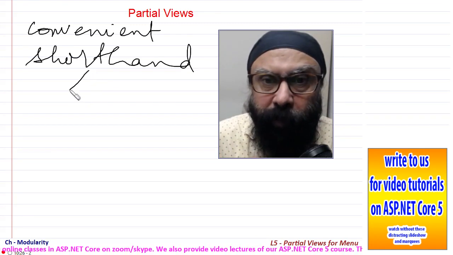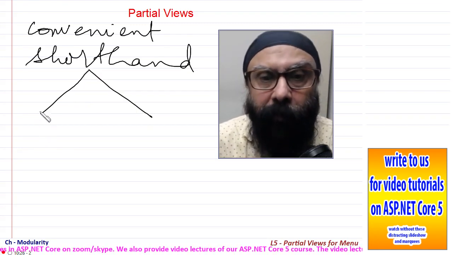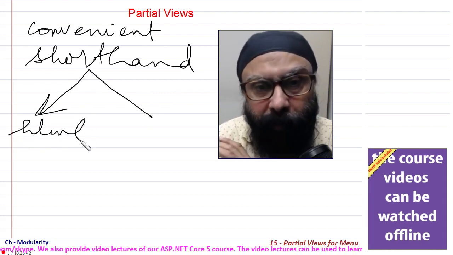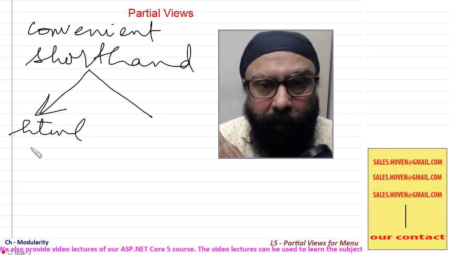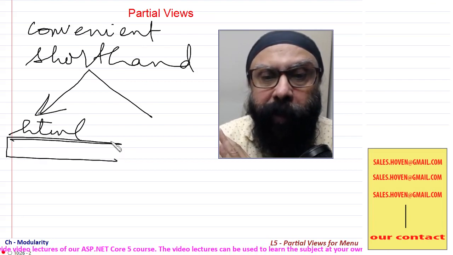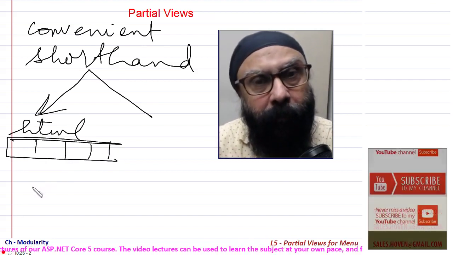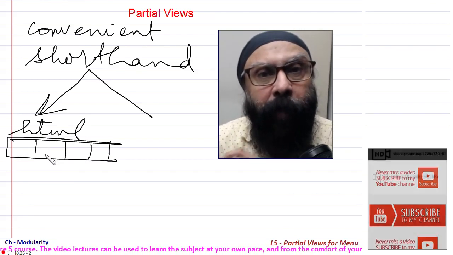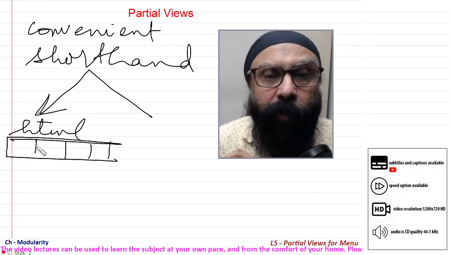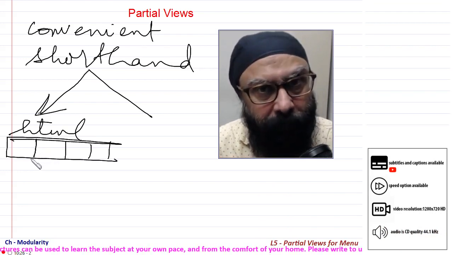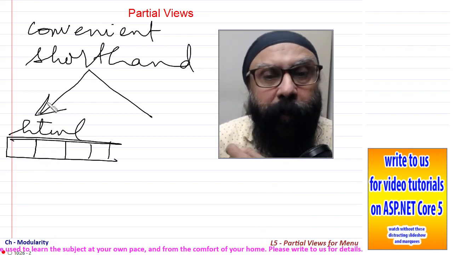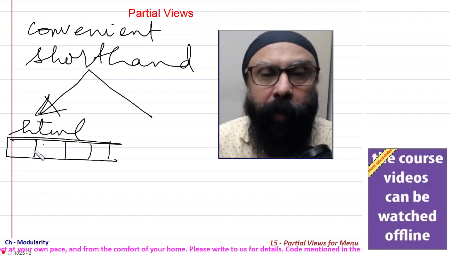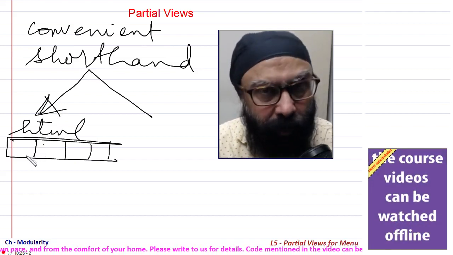Now, partial views can be used in two ways. One way is in which you have a simple HTML substitution, nothing else. This is an example where you would create a menu for your project. You will place the links of the menu in a partial view and use this menu throughout your project. Where you are not passing anything to your partial view, you are simply rendering the partial view. It is a simple HTML substitution.